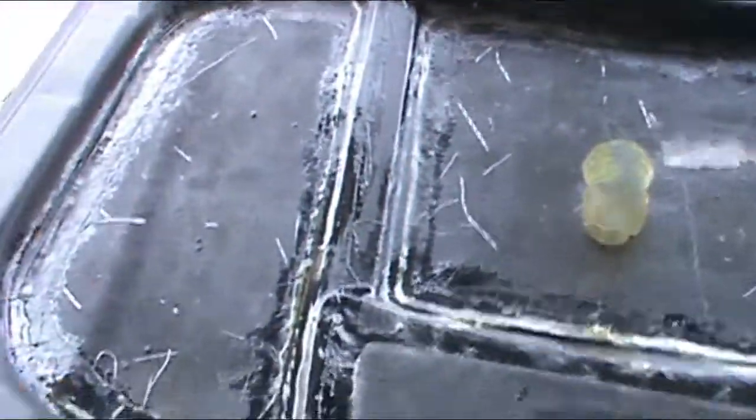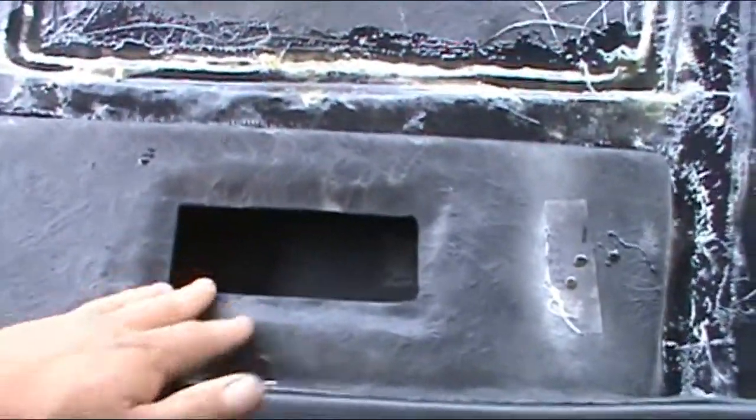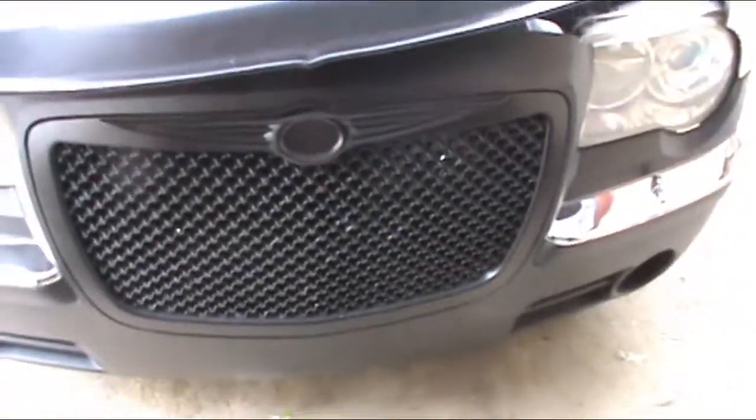And then I came back with some fiberglass. Just going to do one coat. It's real light stuff, so it shouldn't need a whole lot. Just wanted to get that all done for the supports before this. And then I'm going to cut this out as much as possible for the...